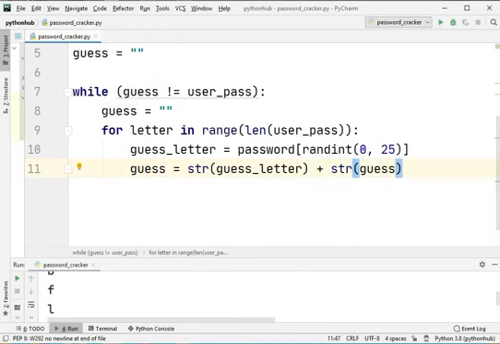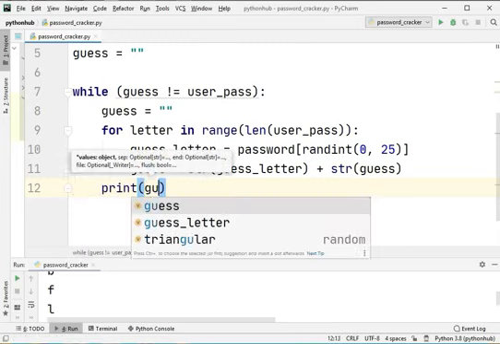So every time there will be a guess letter plus the last guess which has already been guessed until then in the for loop. So now let's print what we have guessed. Print guess.